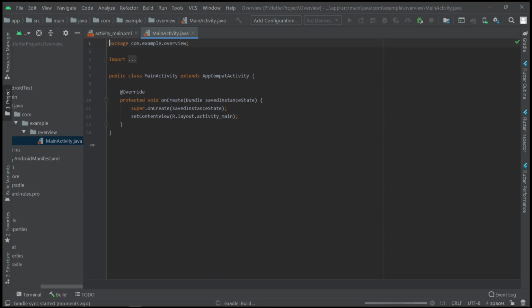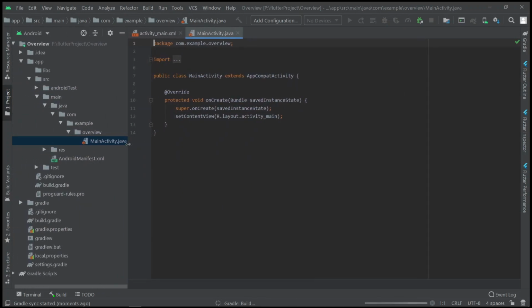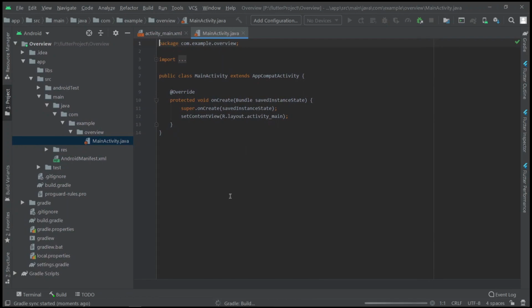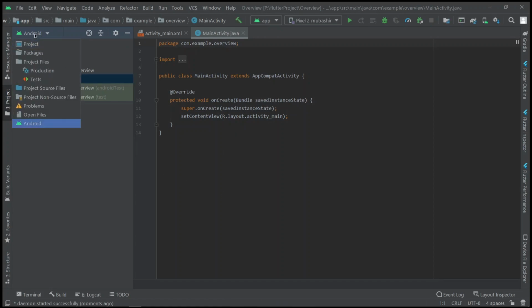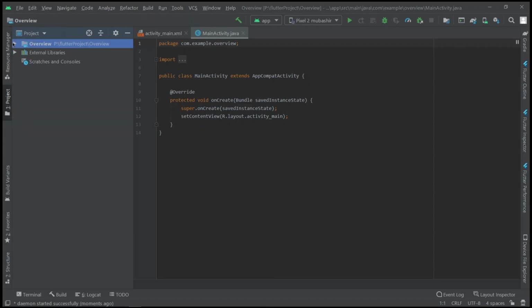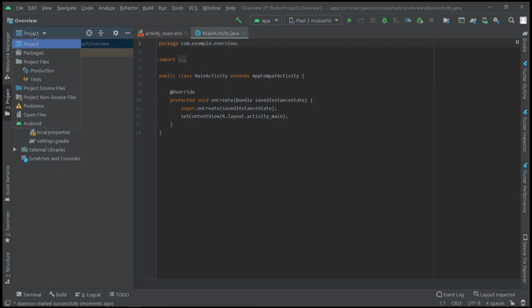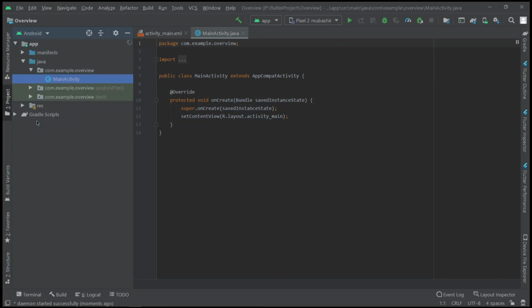I will move this aside here so that we can have a clear look. Okay, so now everything is done here, and here you can see this Android, right? If your bar is with project here and you are seeing this kind of interface, just click on this project and click on Android.